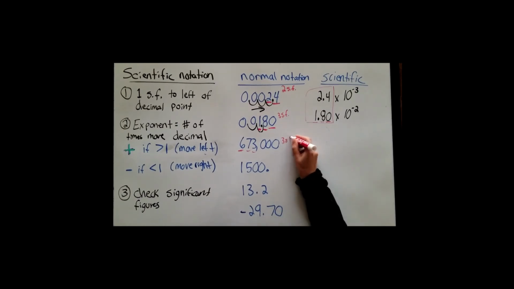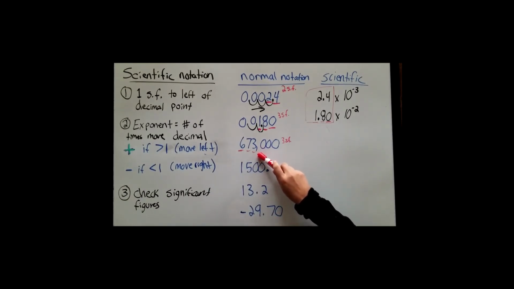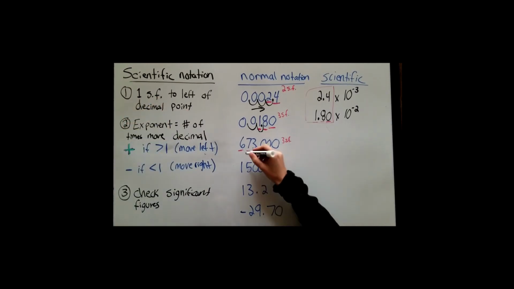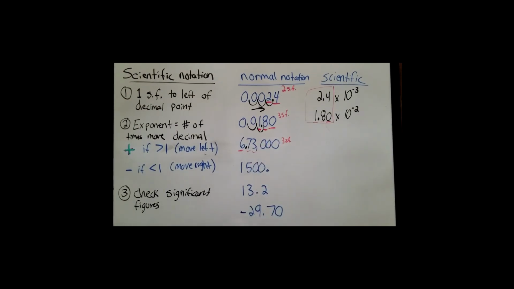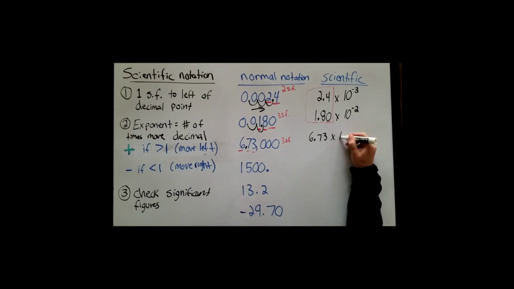So we have 3 total significant figures in this number, which is helpful to us because when we write it in scientific notation, since those zeros don't count, we don't have to write them. Okay, that's going to save us a little bit of time and room. So now that we know how many sig figs, let's figure out where our decimal point should be. Remember, we want just one non-zero number to the left of the decimal. So that means it's going to go between a 6 and a 7. So I'm going to get 6.73, and I'm not going to include the zeros because I just said they didn't matter, times 10 to the,